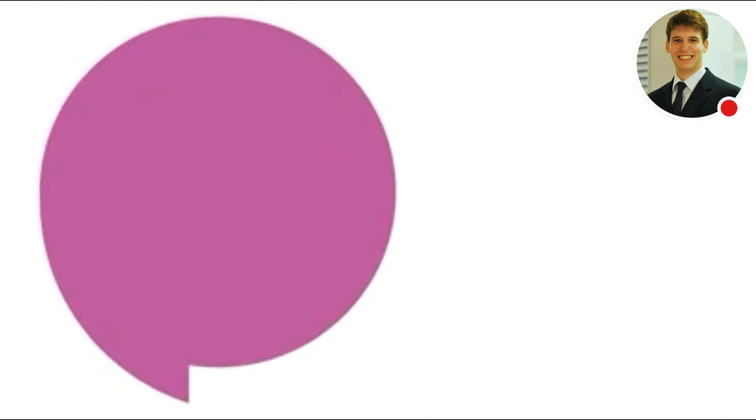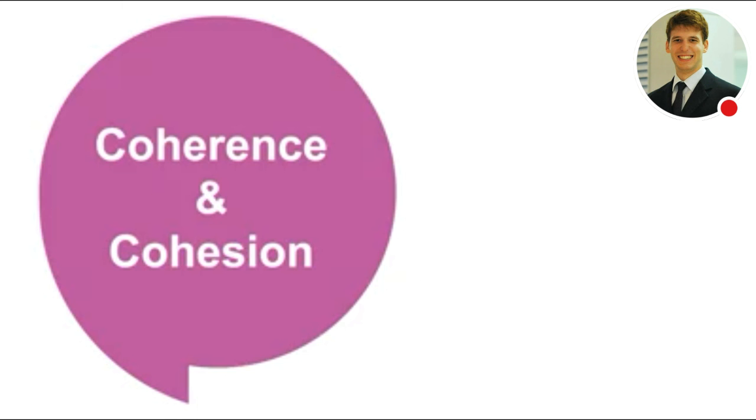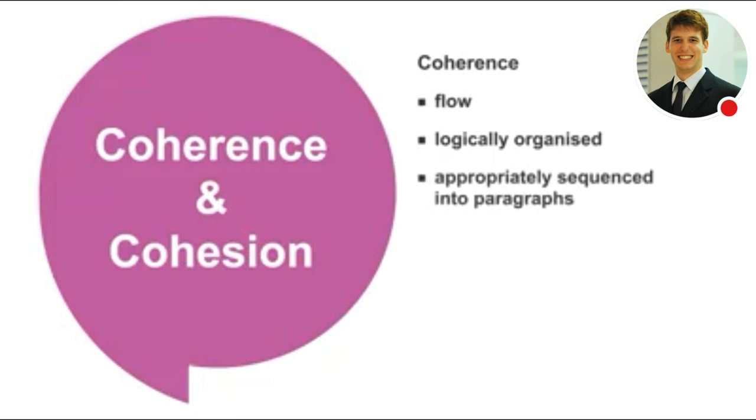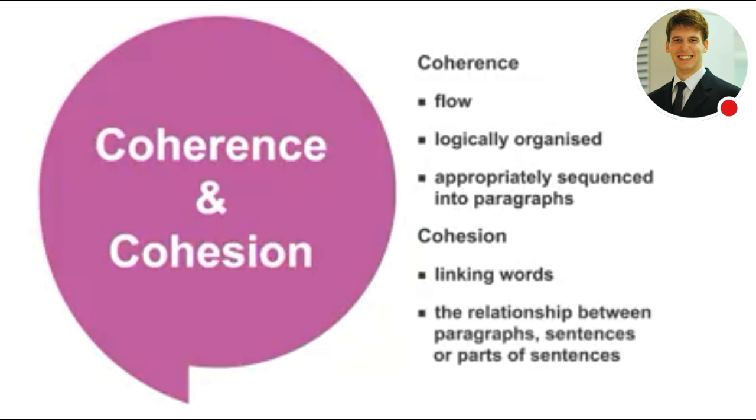The next criteria is coherence and cohesion. Coherence refers to the flow of your writing. It's important that your ideas are logically organized and appropriately sequenced into paragraphs, so that they are easy to follow. Cohesion assesses whether you have used appropriate linking words to connect ideas and show the relationship between paragraphs, sentences, or